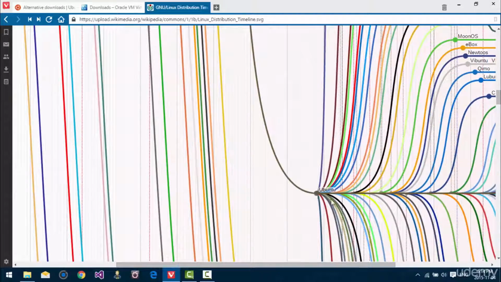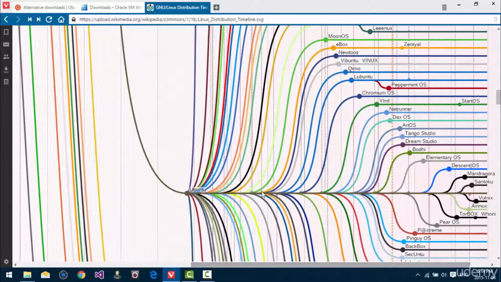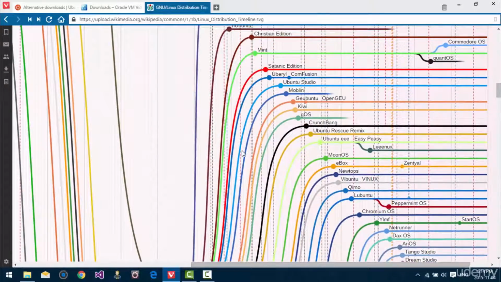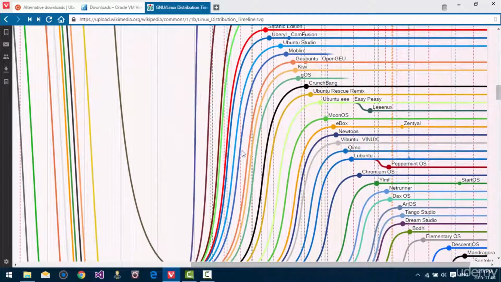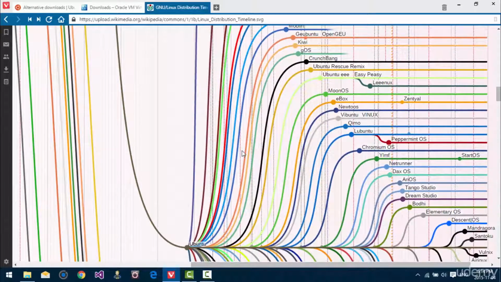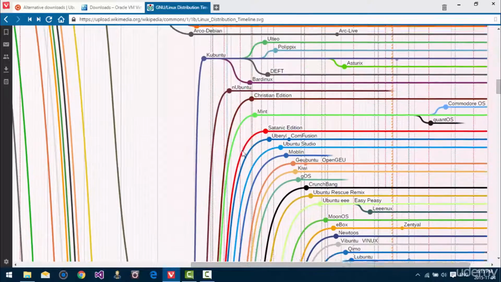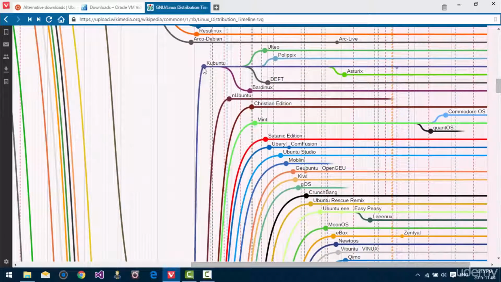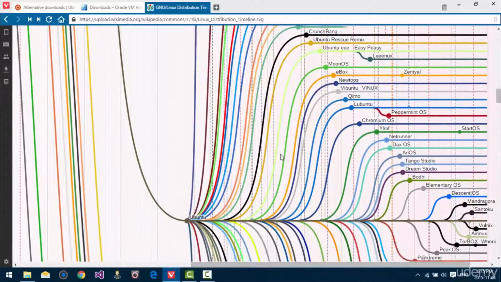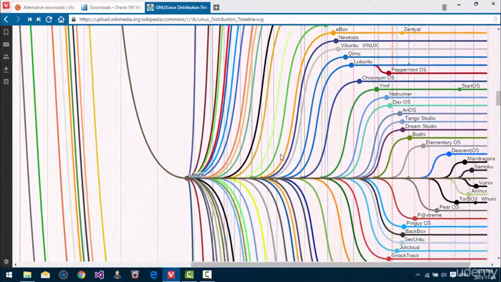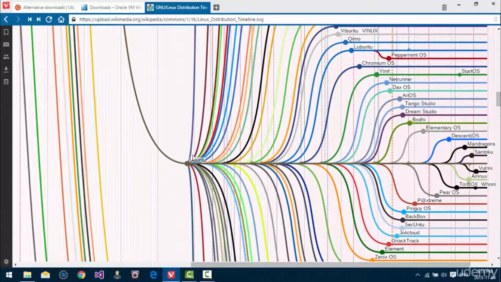So here's Ubuntu, and immediately we've got all sorts of forks happening. Now, there are two different types of Ubuntu derivatives, and that is officially recognized and not officially recognized. So a few examples of officially recognized Ubuntu distributions are Kubuntu, Ubuntu Studio, and Lubuntu, Xubuntu, and basically